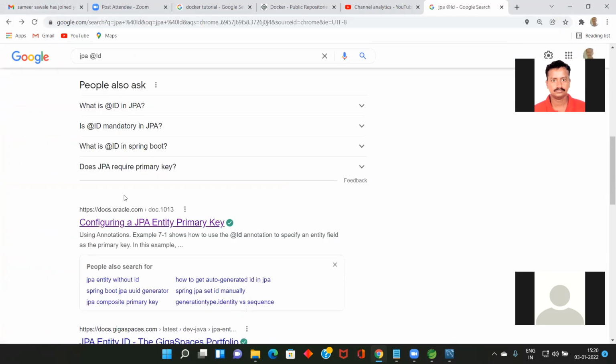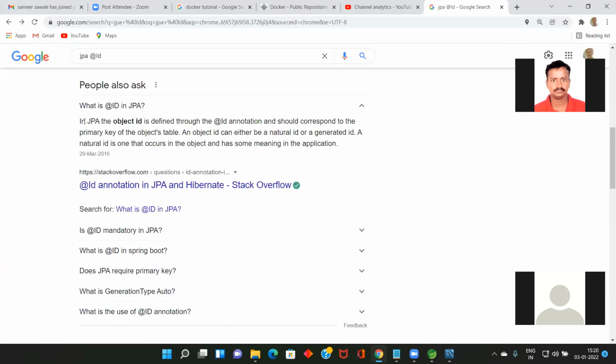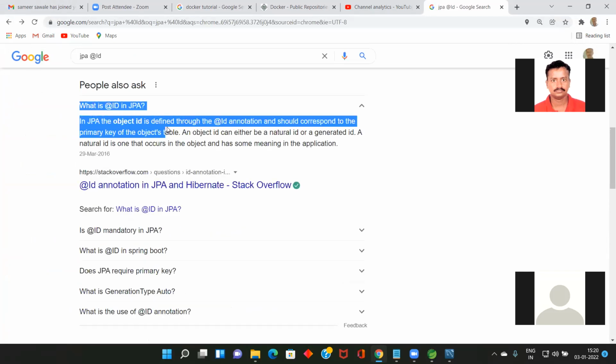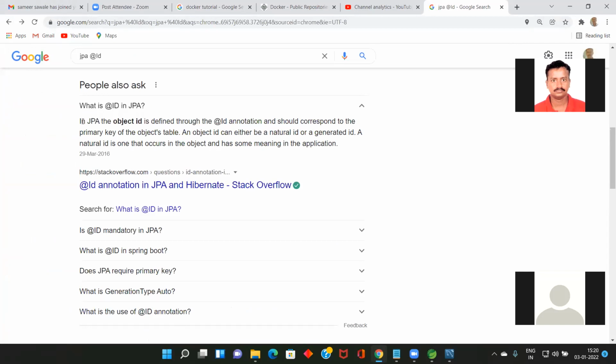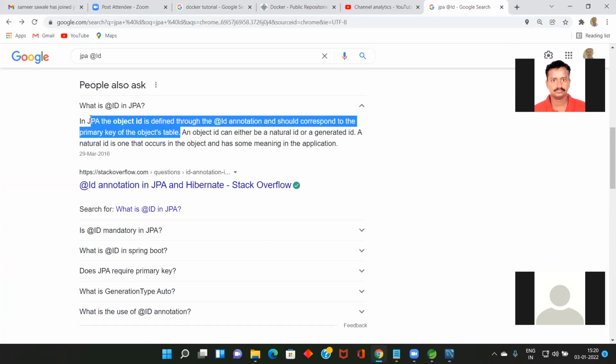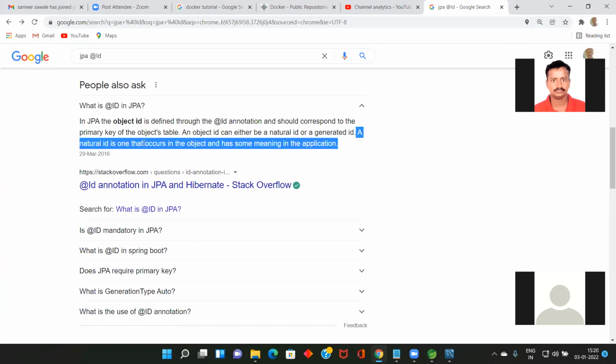In JPA, the object ID is defined through the @ID annotation and should correspond to the primary key of the object's table. An object ID can either be a natural ID or a generated ID. We are using a generated ID, or else we can give our own ID. A natural ID is one that occurs in the object and has a meaningful application.